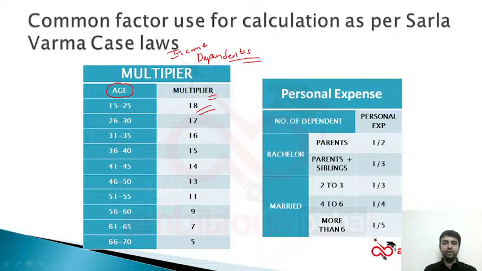This is called age multiplier. So how do we memorize it? From 18 to 13, it is in continuous decreasing order, and from 13 onwards it is alternative numbers: 13, 11, 9, 7, 5,